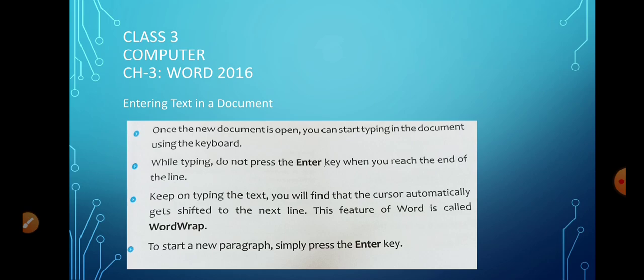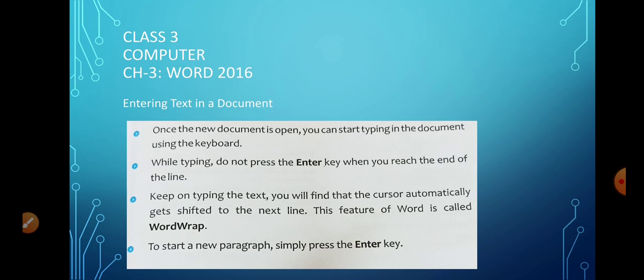And when you want to start a new paragraph after you have completed one paragraph, normally when we write paragraphs we give a gap. So you have to press Enter and then start from the next line. That brings the cursor to the next line.